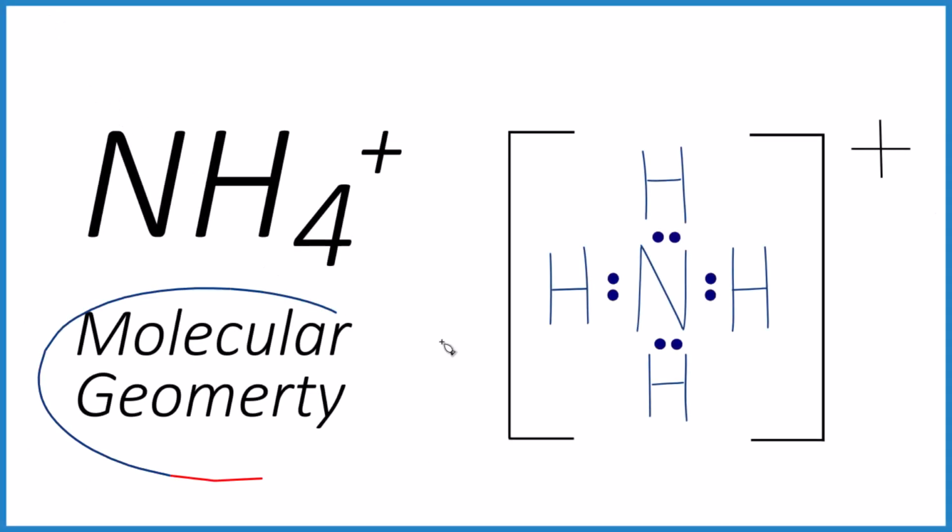We're going to look at the molecular geometry here of NH₄+. This is the ammonium ion. So when you look at molecular geometry, the first thing is you need a valid Lewis structure. If you need help, there's a link in the description at the end of this video as well, on how to draw the